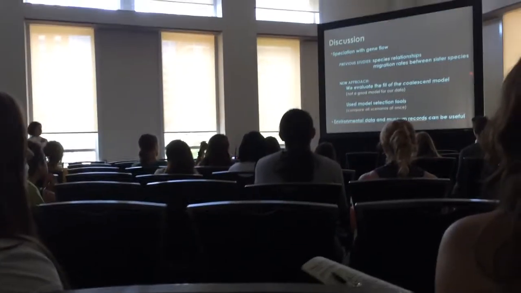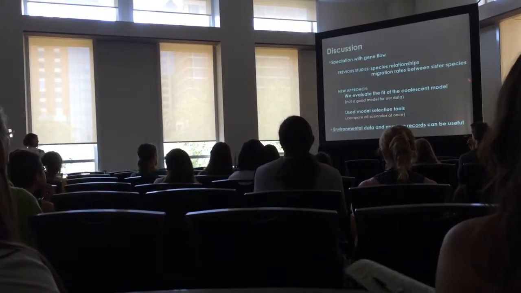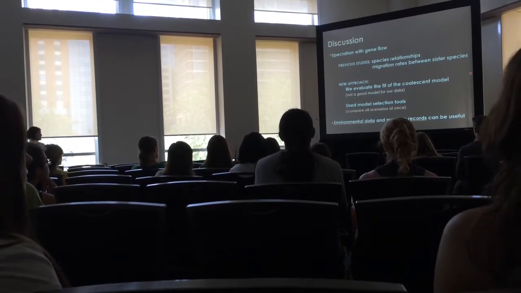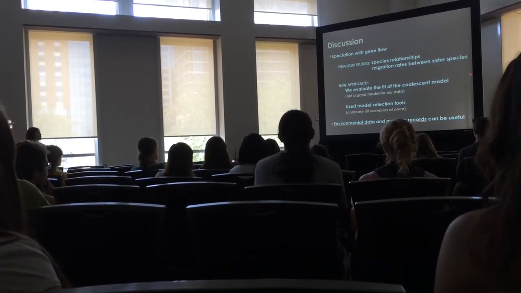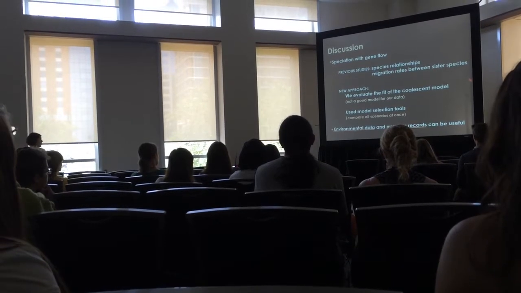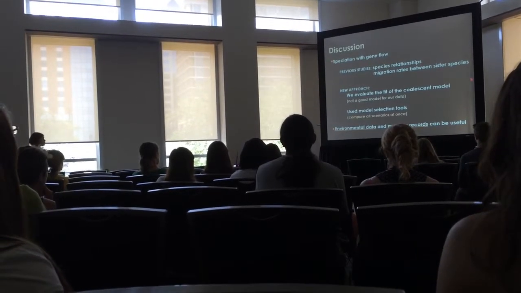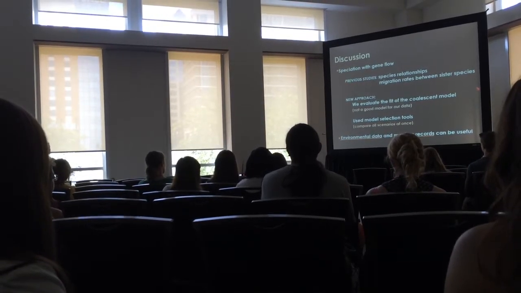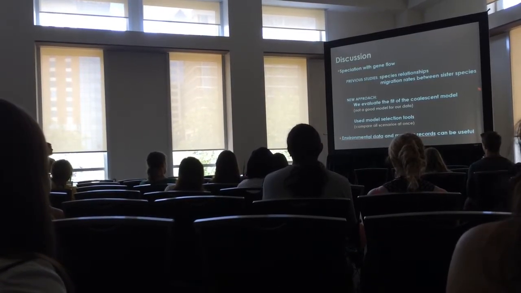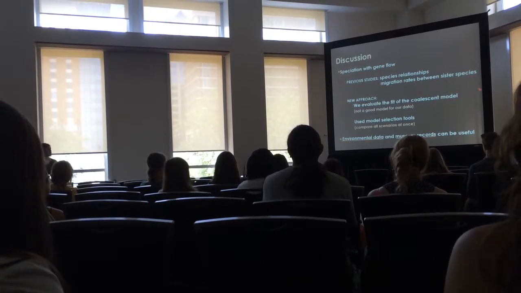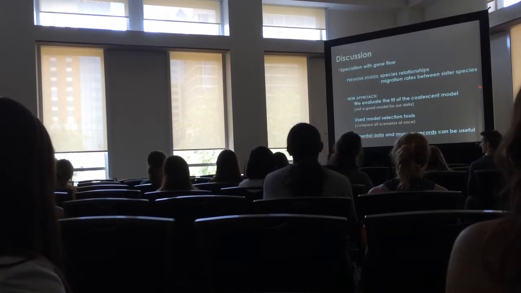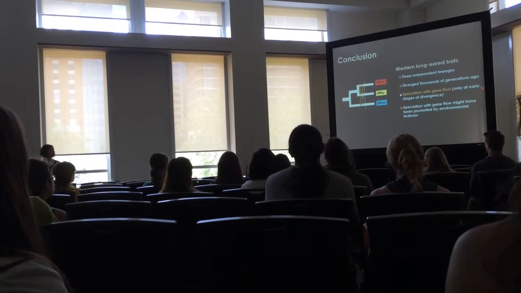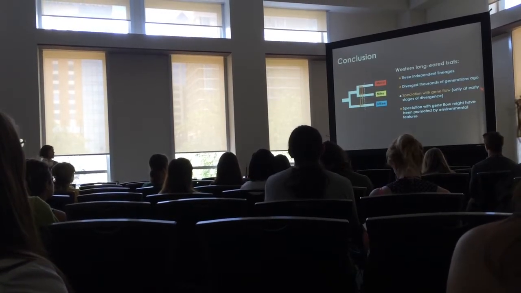Studies first infer species relationships and then estimate migration rates. Our new approach is to evaluate the fit of the null model, which ignores gene flow, and if we detect a poor fit to the data, then we use model selection tools to compare all possible scenarios at once. And the use of environmental data and museum records can be useful to confirm this type of phylogeographic hypothesis. As a conclusion, we know that the western long-haired bats are 3